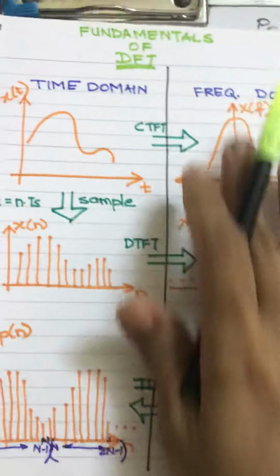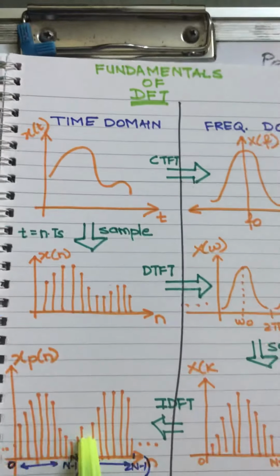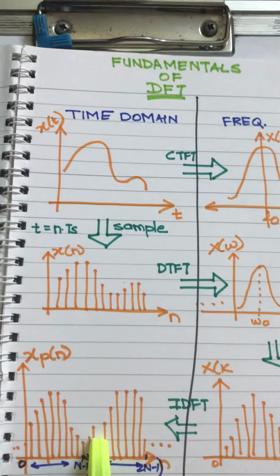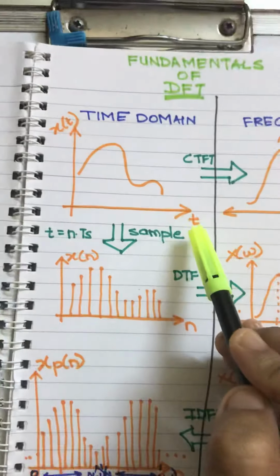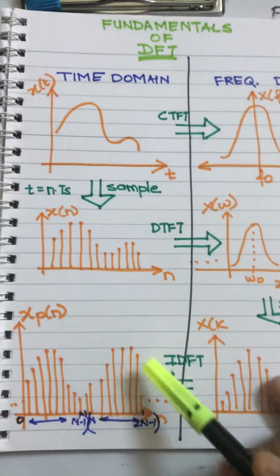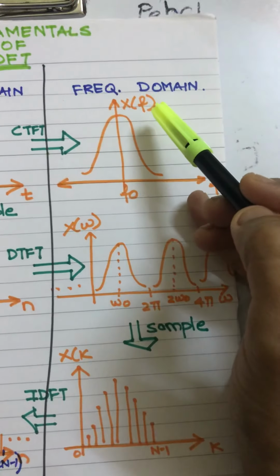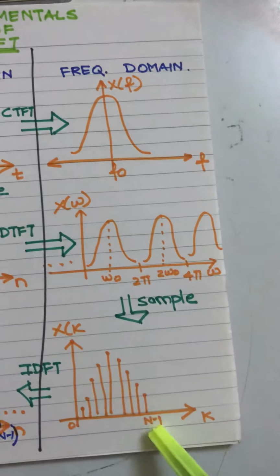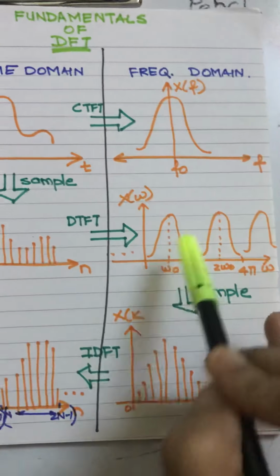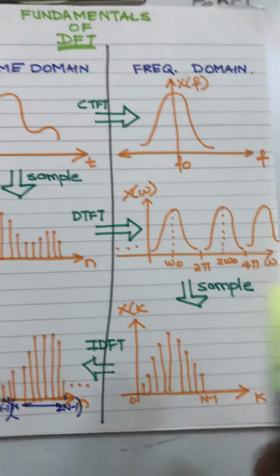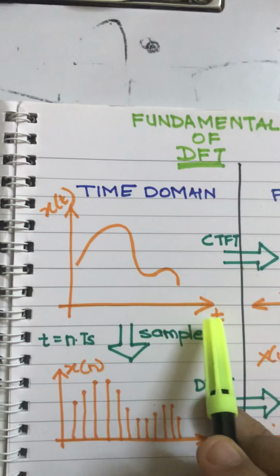So now this is the diagram. On the left column we will see all the signals in time domain. One of them is a continuous time domain signal, the others are in discrete time. The right side of the column is showing the signals in frequency domain. The same signals, when they are converted into frequency domain, how do they look? Clear? So now let us start with a simple continuous time signal.